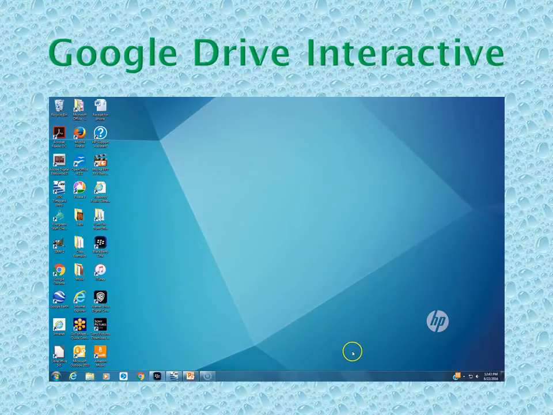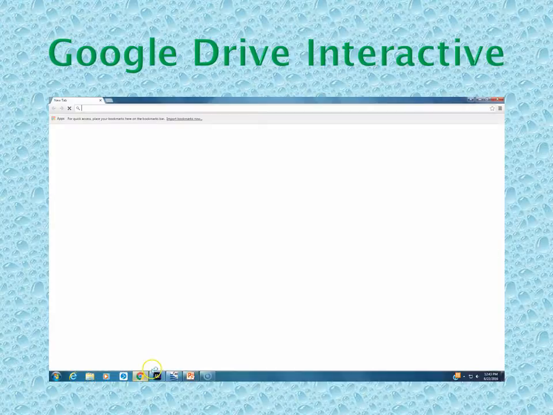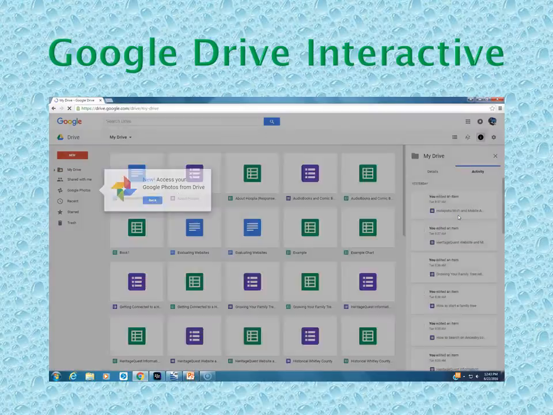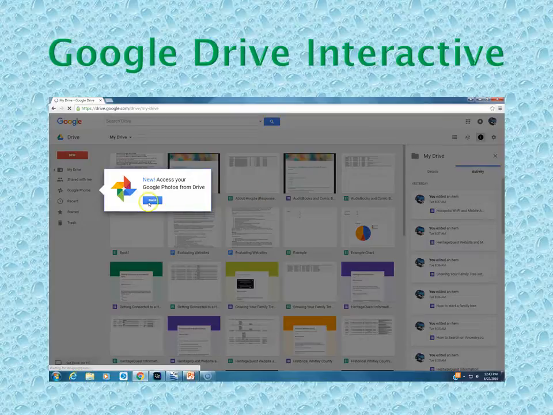Well, hello there. Once again, I am going to show you how to use Google Drive in the best way that I possibly can. Down here in my taskbar, I have a few different options of how I want to get connected to the internet, whether I want to use Internet Explorer or Google Chrome. Because I'm using a Google product, I'm going to opt to use Google Chrome. So I'm going to go ahead and push on that to get me connected to the internet, and that's where I am now. So if I come up here to my grid view, then I'm able to click on the Drive account. And here you can see that this is my Drive account.